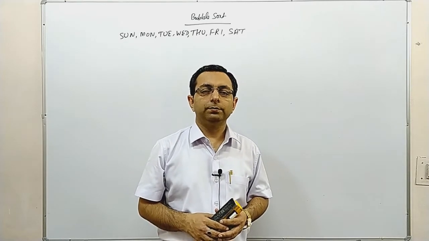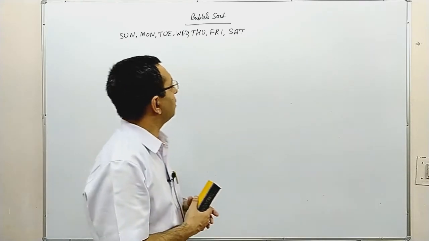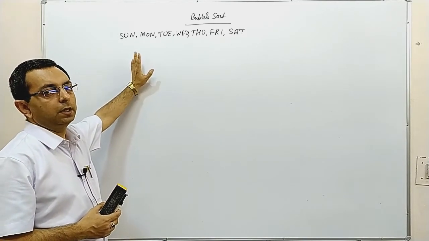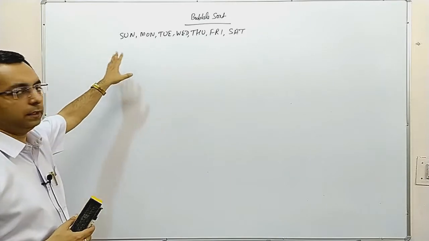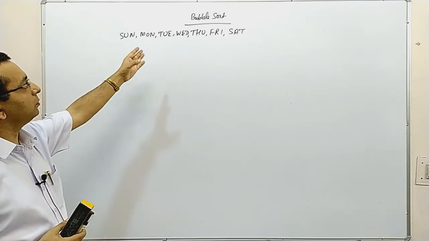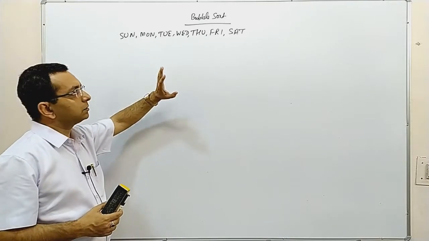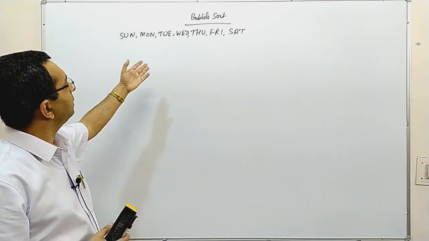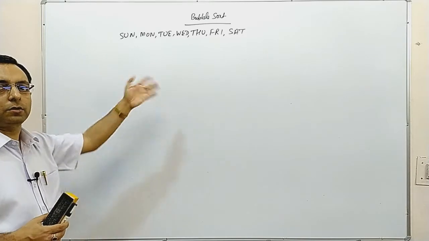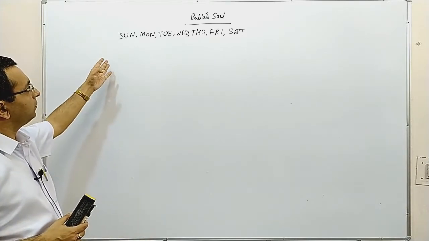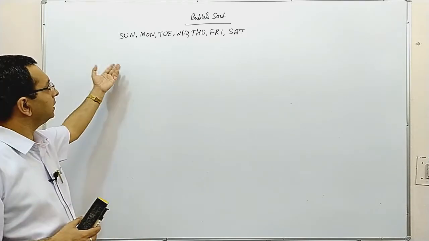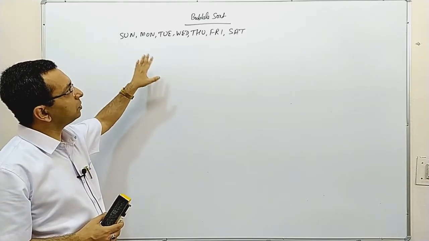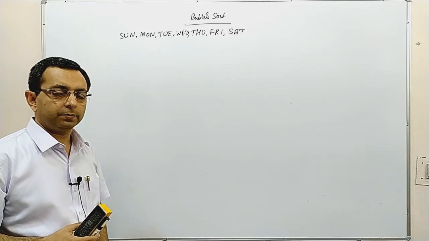Welcome to this video. In this video, we will discuss how to sort this series through bubble sort. So here you can see that these are weekday names: Sunday, Monday, Tuesday, Wednesday, Thursday, Friday, Saturday. In the first image, you can say that the series is sorted because Sunday comes first, Monday comes after Sunday, and similarly Tuesday comes after Monday. But as sorting, it's not sorted.